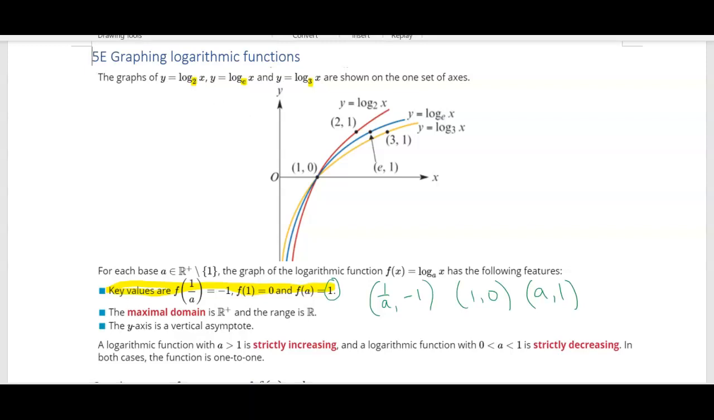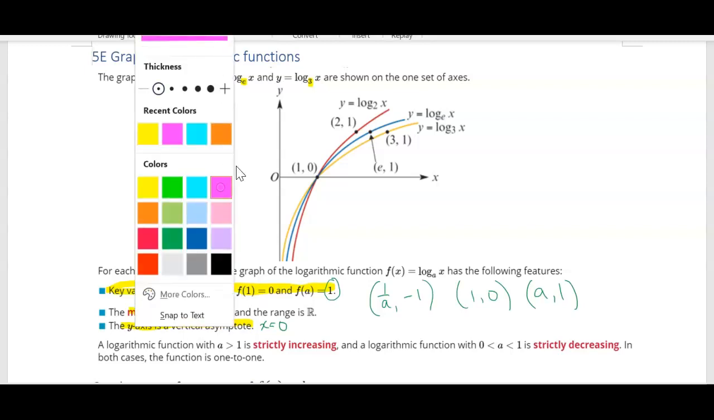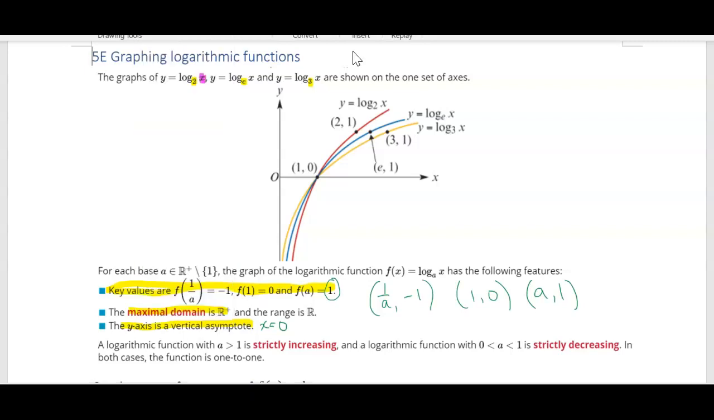As I said before, the y-axis is your asymptote. So you've got an asymptote at x equals 0, which is your y-axis. Your maximal domain is R positive, so that means your argument, this number here, which is x,